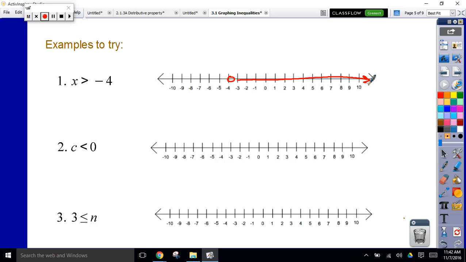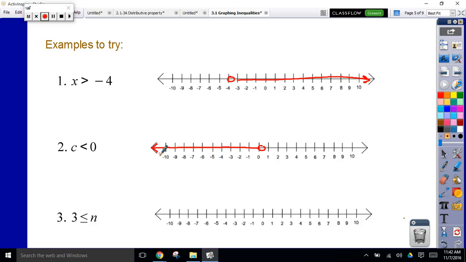So C is less than 0. You can use a closed or open circle. And then which way is your arrow? No, not to the right. If it's less than, use this little back arrow right here. Just touch it with the pen. There you go. So less than goes to the left because this is saying that C has to be less